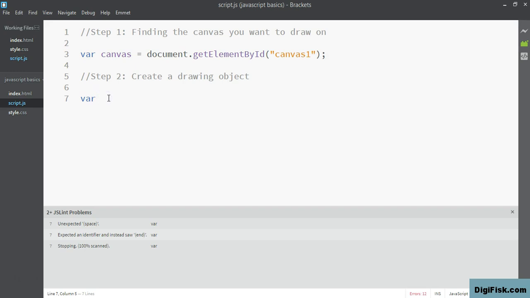So imagine it as a toolbox that has all the paints and brushes. This variable can be anything you want. It can be context, it can be ctx, which is what I'll be using, it can be ctx1, 2, any variable you want. So then